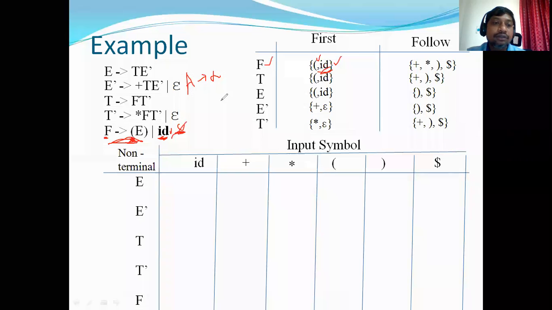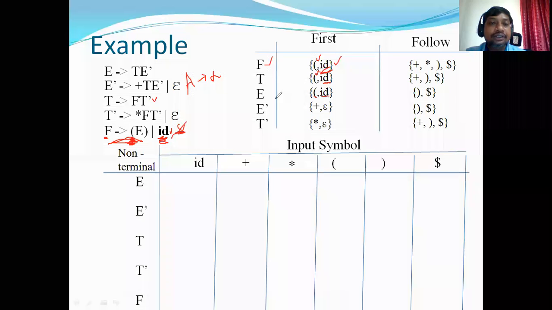Similarly for T, T derives F T dash. Let us consider this production rule. F derives grouping of E, and F derives ID. Since grouping of E will give you the open parenthesis as the start symbol, and the second rule will give you ID. Similarly for E, E derives T and T derives F, so finally we'll get these two only, open parenthesis and ID.